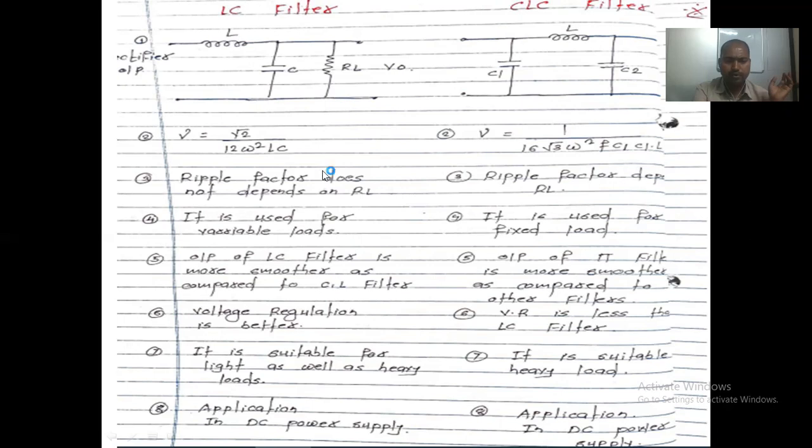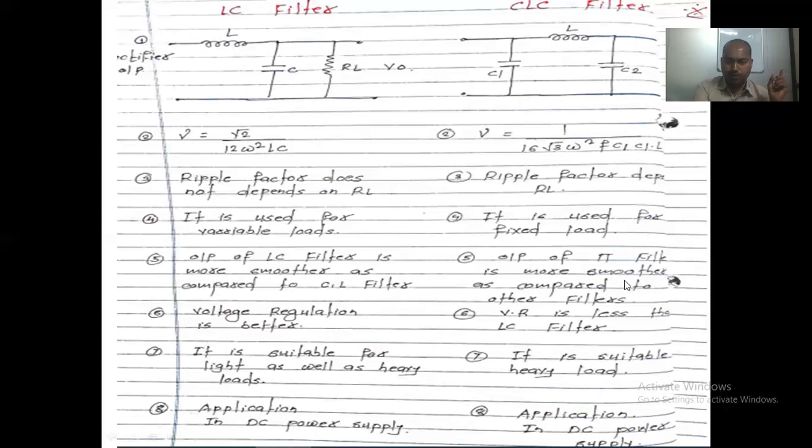But when we use the CL type of filter, what happens? Whatever component comes across here, it passes to the capacitor. A capacitor passes only the AC component. So the AC component comes across here, and it contains less DC. So in that case, the performance of the LC filter is better. Why? Because in the case of LC, only the AC component is filtered out, while in the case of CL, the DC component is filtered out. That's why the LC filter is smoother, or it should give the higher output. Okay, now see,